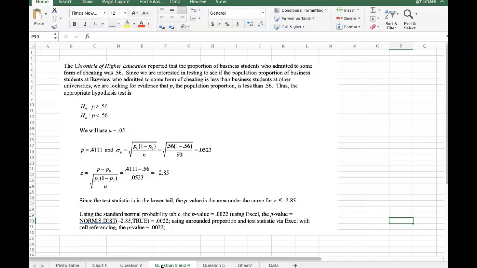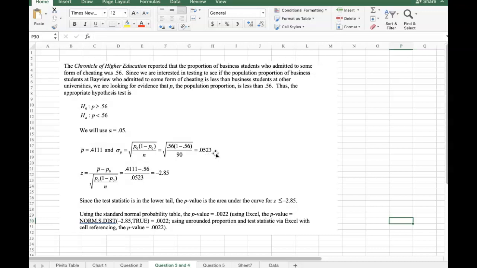So here is what we're going to do, and I put down here a way of doing it in Excel if you want to go ahead. So we put the p-value, using the p-value equal to the normal distribution here, and in that sense you can find out if it's true or false. Or you can go ahead and place this into the easier equation, easier for me, that goes in here, and I have my probability in there at 0.4111, and I have my 50% over there, and I go ahead and I find out that it's